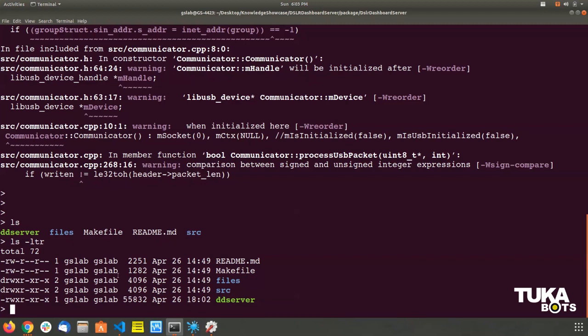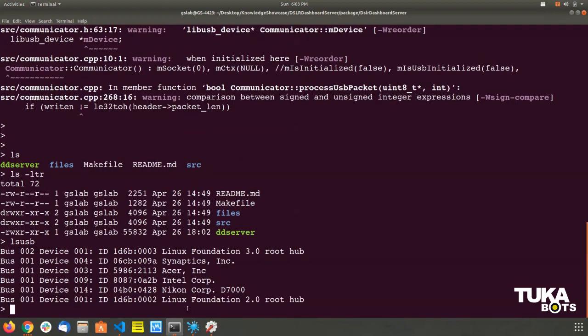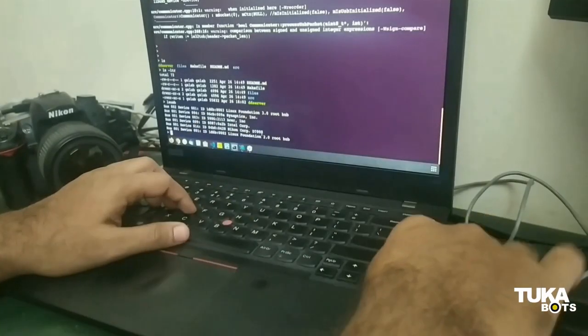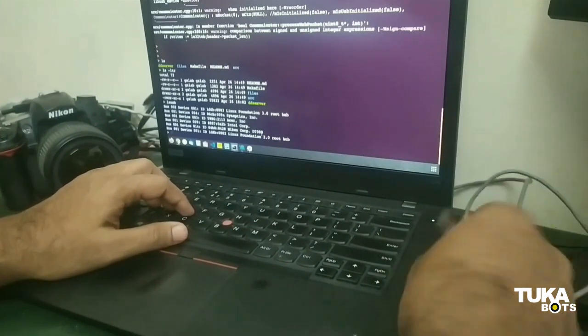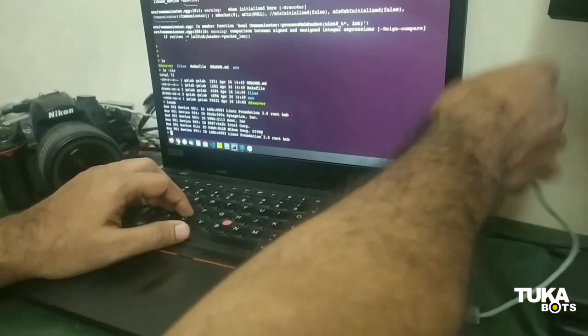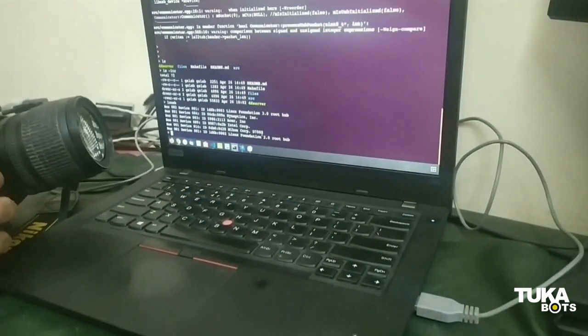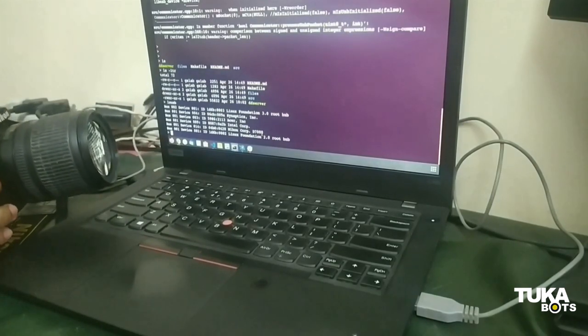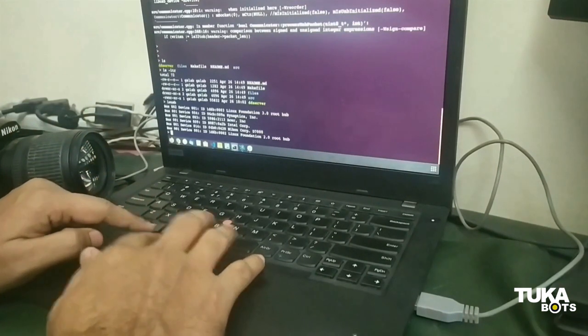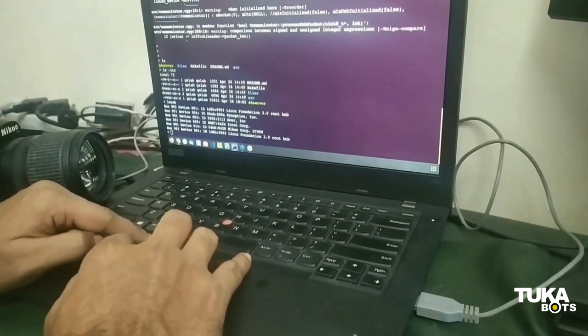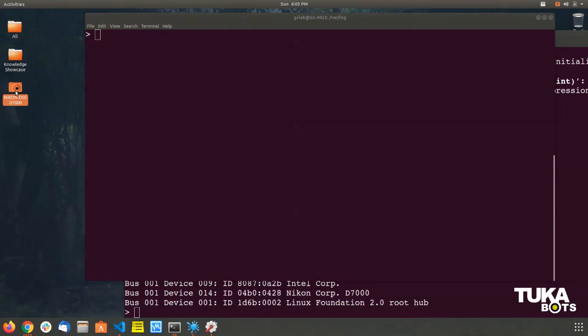So before running this, I can quickly check whether my USB is working. So if you see, there is a Nikon D7000 connected. Let me show you. So I have disconnected this, connected this. This wire is going back here to my camera. Now what I'm going to show you is I just turned it on, so the Nikon will be mounted. Now the tricky part here is every time you start the camera, mount the camera, this will be mounted as an image device. We want to mount it using PTP protocol.